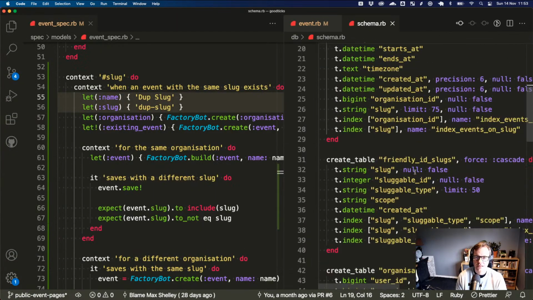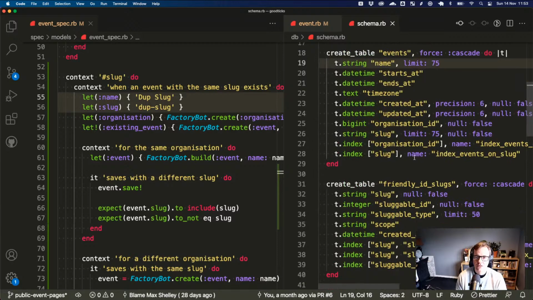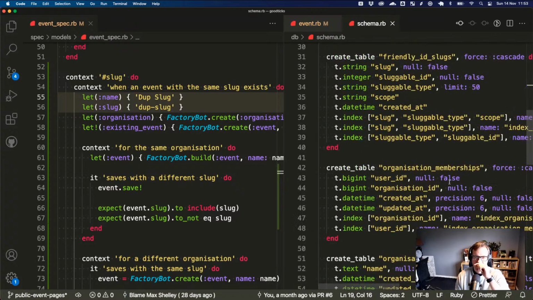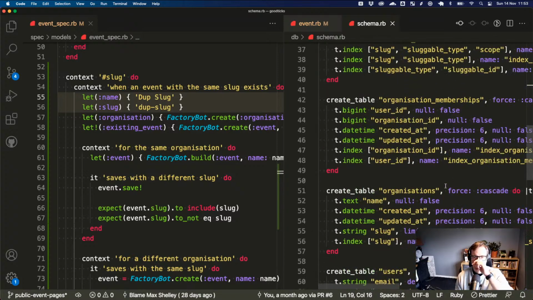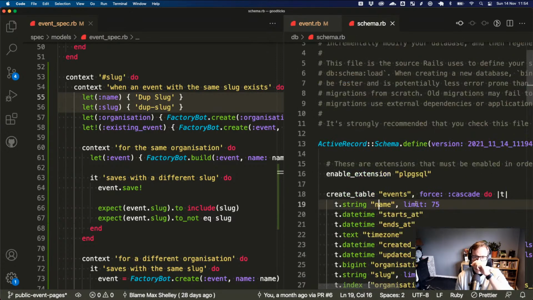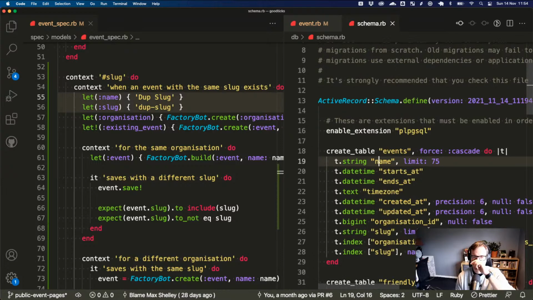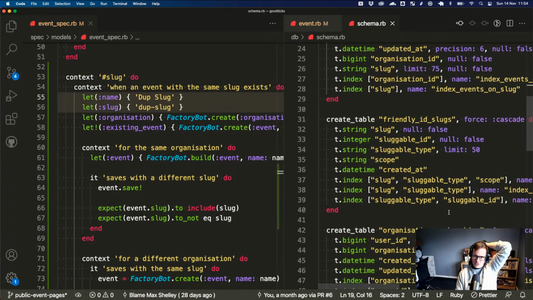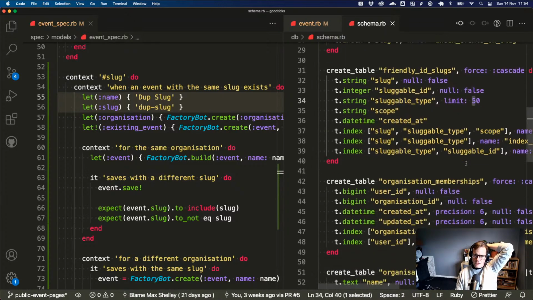Okay, so maybe events. Oh, it's here. I see. That's 50. Slug there is 50. And here we put a limit, 75. Oh, okay. I don't know if that's a different 50, I think.